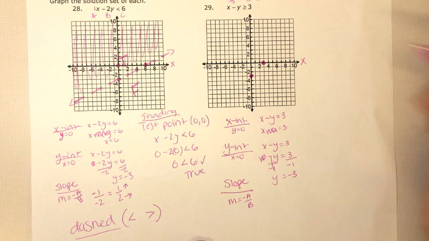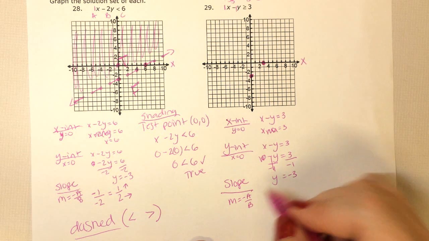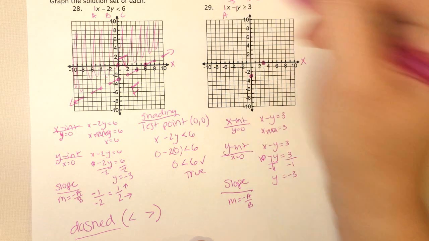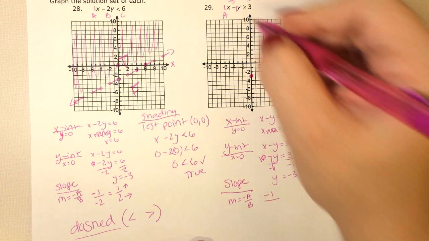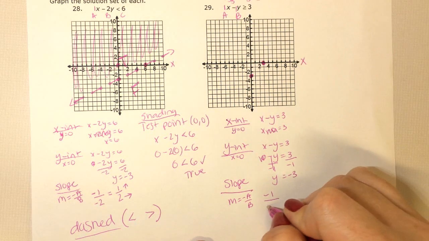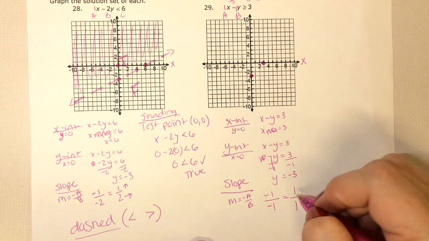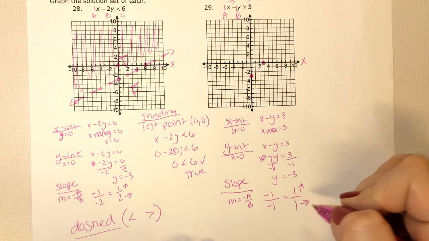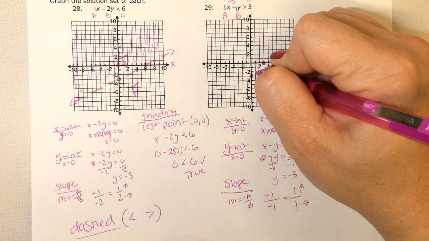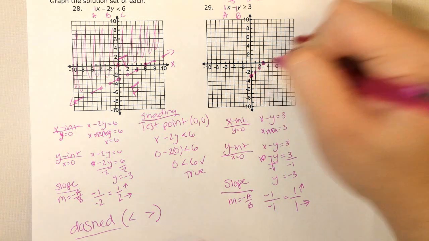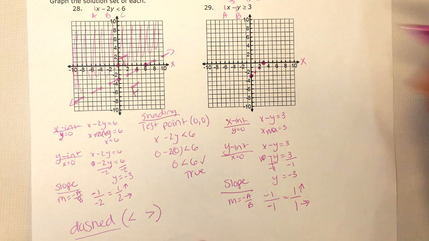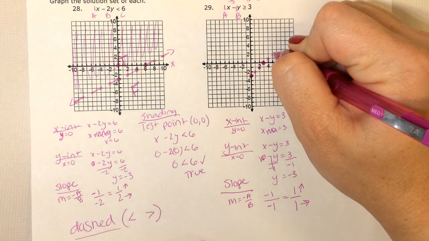Now, for my slope, remember, this is 1 and this is 1. If there's no number, there's 1s. So the opposite of a, which is positive 1, would be negative 1, over b, which is negative 1, and 2 negatives makes a positive. Now, I always want my slope to be a fraction, so since it's positive, I'm going to rise 1, run 1, rise 1, run 1, and it brought me back to my other intercept, so I did it correctly. So all the way across my graph,